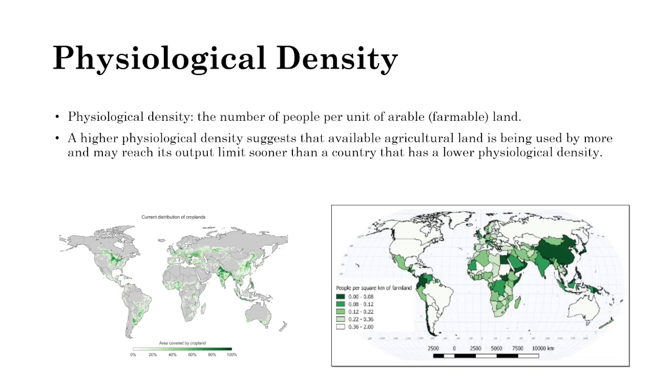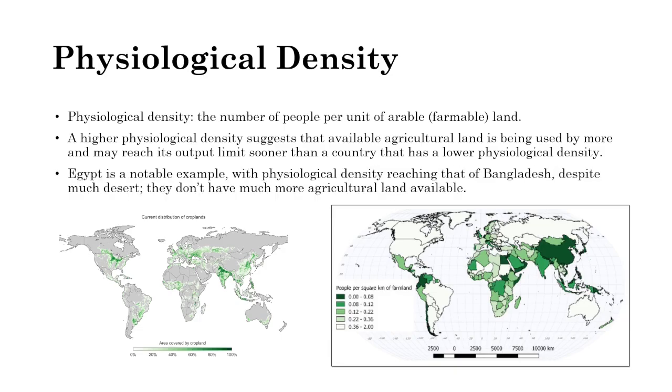And because there's a lot of people per unit of farmable land, you're going to have to probably produce more food, and you may reach your output limit sooner than a country that has a lower physiological density. Egypt is a great example of this because they have a physiological density that's getting high, and it's closer to Bangladesh. Despite Egypt being, for the most part, desert, 3% of Egypt's land is farmable, 62% of Bangladesh's land is